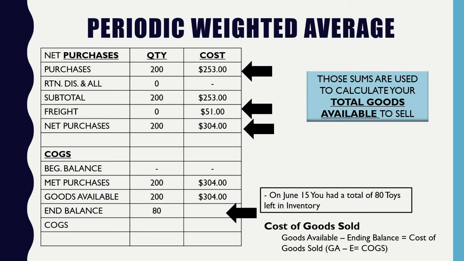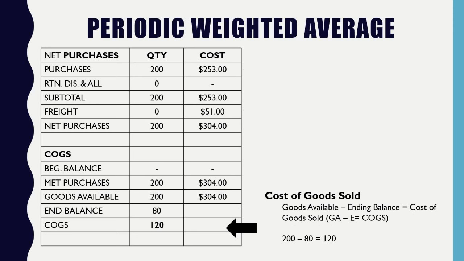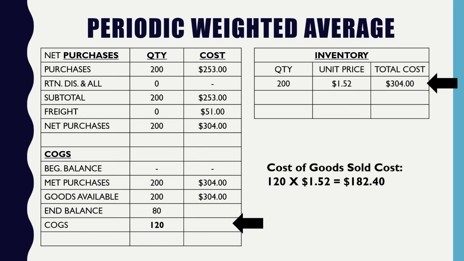The scenario says that we have 80 items on hand. So now we got to solve for our cost of goods sold, which we know to be the 200 minus the 80 to give you 120. Now here's where it's different. Now, when I'm looking at my total quantity, I know I have 200 items. And I know it's going to cost me $1.52, and I know my total cost should equal $304. Okay? So that means since I'm averaging my cost, I'm actually not going to keep my batches. That means the only number that you have is your average cost per item. So you're just going to take your simple number that you sold and you multiply it by the average cost per item, and boom, you have 182.40